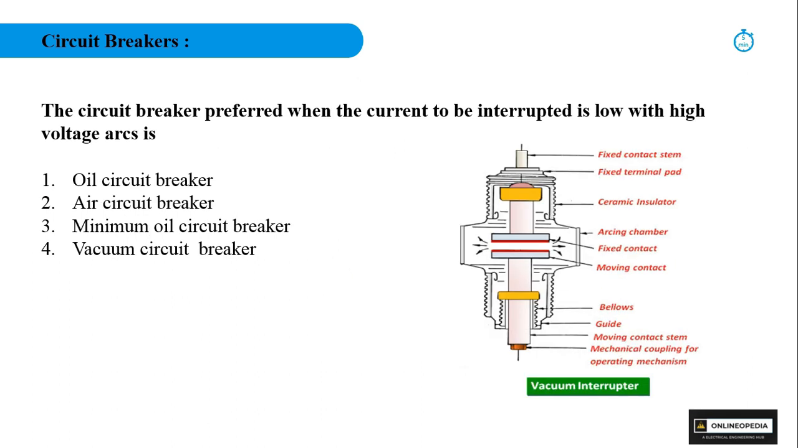Next question is, the circuit breaker preferred when the current to be interrupted is low with high voltage arcs. That is your vacuum circuit breaker. Okay, the circuit breaker preferred when the current to be interrupted is low with high voltage arc. That is your vacuum circuit breaker. This is a vacuum circuit breaker, internal construction. Okay,